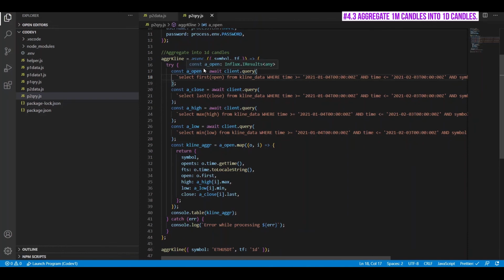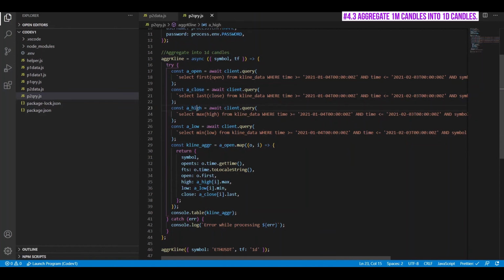So the way this works is, during the time window, it looks at the first value for the field that we pass. So we're going to pass open, so that's how we get the open price. And similarly, the last function is going to get the last value during the time period. And we're going to pass the close field name because we want the closing price for that candle. So that's how we get the closing price.